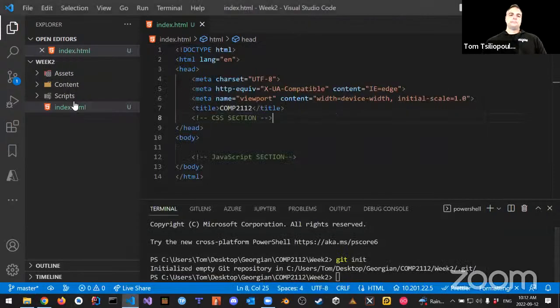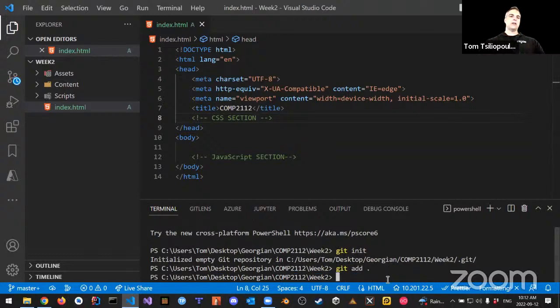Okay, next. Let's go to the next part. So now that we've done this, we need to do an add. I'm going to do git add dot. That's going to add all the files we have right now. For today, we're not going to do a .gitignore file. We're going to do that next week, because we just want to get going. Git add dot means every